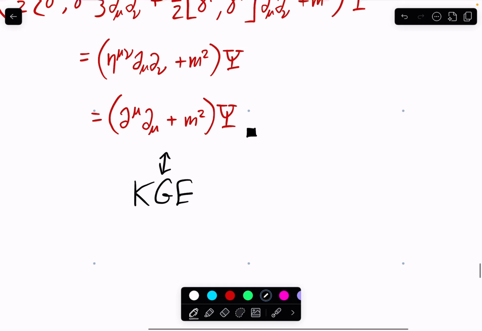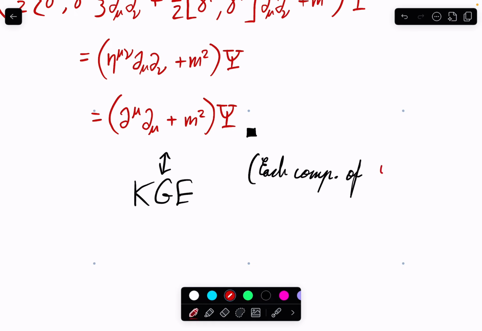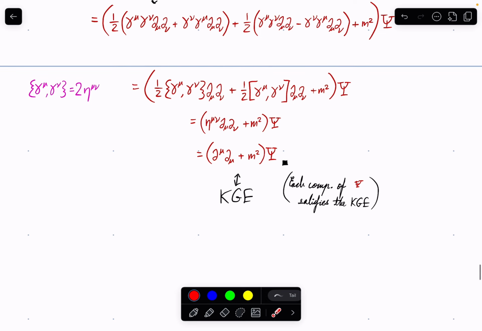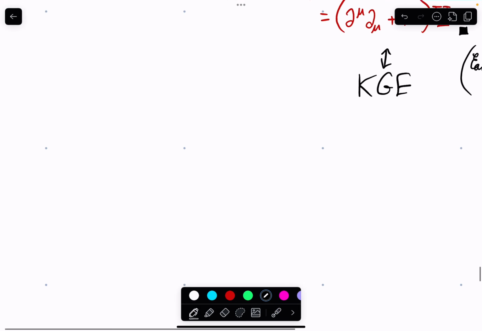And more accurately, this tells us each component of psi satisfies the Klein-Gordon equation. Right, because there are 4 components here, and this just means that for every component, the Klein-Gordon equation is satisfied. This means that there is a wave-like structure, of course, and so this is what motivates